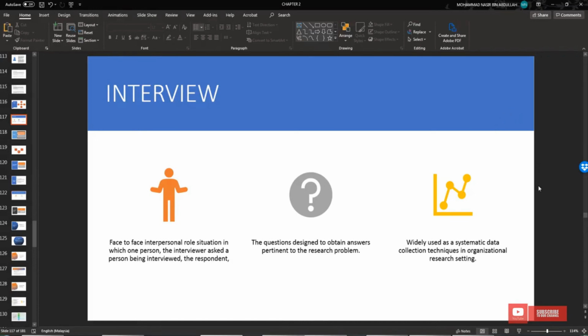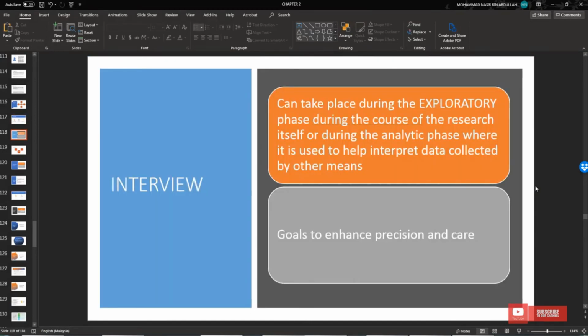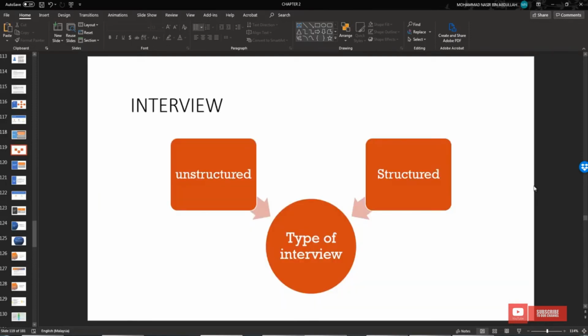So the interview data collection method is most widely used in exploratory research studies. Right, so it can take place during the exploratory phase, during the course of the research itself, and during the analytic phase, where it is used to help interpret data collected by other means. So the goal of interview data collection is to enhance precision and care. Right. So there are 2 types of